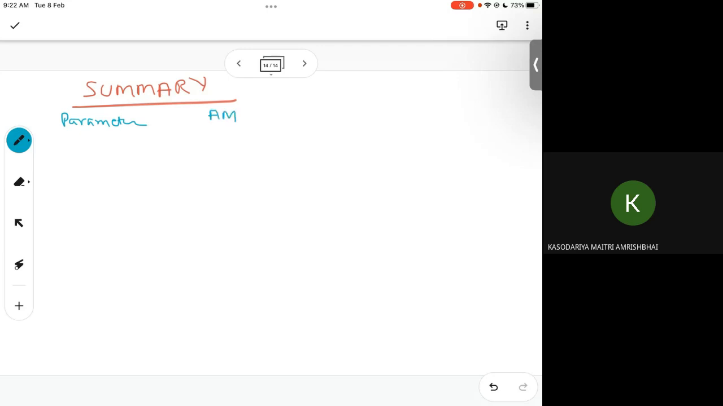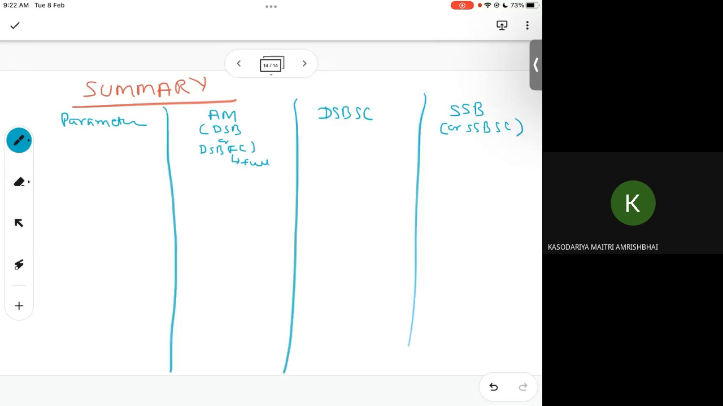Then AM, which is your conventional one, is also called the double sideband, or sometimes we say double sideband full carrier. Then we have double sideband suppressed carrier, and then we have single sideband suppressed carrier. This means full. So there are various ways of talking about this. So if I compare for various parameters,